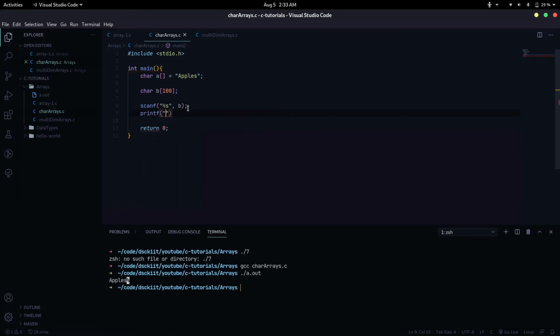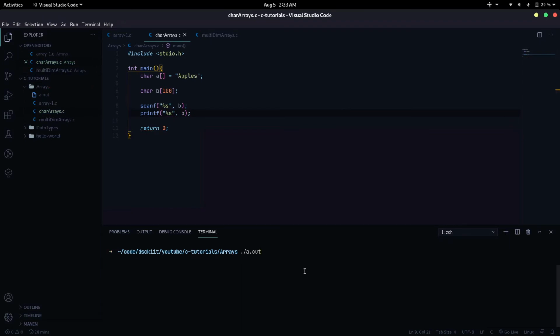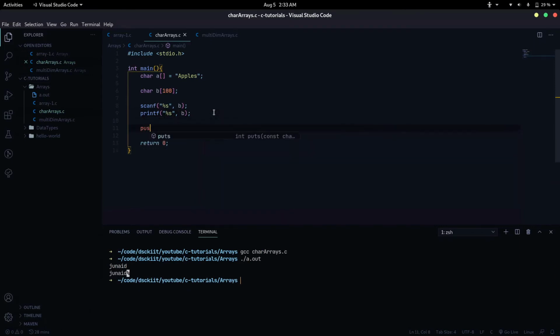Just keep in mind, you don't have to put an ampersand when you're trying to input a string. And then you can just printf b. So if we compile this, I'll put in my name and I get the same output. There is another function called puts. It stands for put string. You can just use that also. The advantage of using puts is that it appends a new line character to the end of any string you pass. So if I run this now,